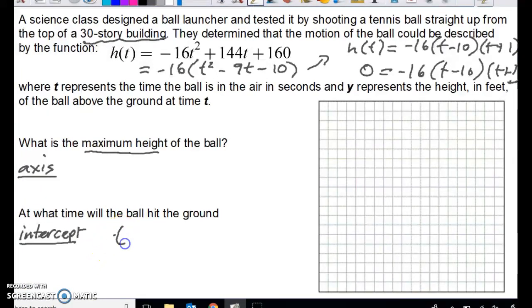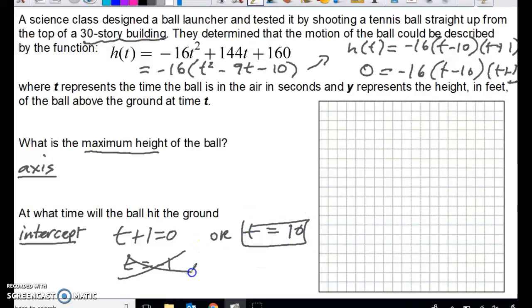So the intercepts, I know that t plus 1 has to equal 0, so time, again, is at negative 1, or time has to equal positive 10 seconds. So this is the one we want to use. That's going to be negative, so we don't want to do that. So time equals 10 seconds. The ball will be at the ground. To find the maximum height, I find the average. It's going to be 9 divided by 2,